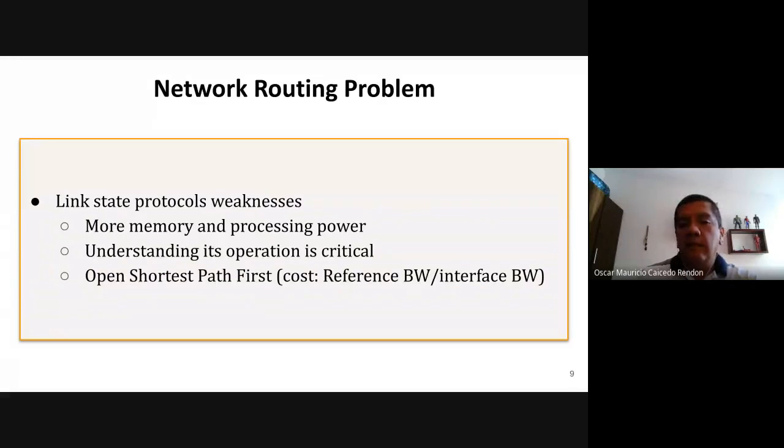What are the most important weaknesses related to the link state protocols? As we need to store information about this map that every node builds, as we need to construct the routes to all the other routers in the autonomous system, we need more memory, more processing power, and on the other side, we need to understand its operation in a deeper way. Basically, it's so important, for example, when we need to define the use of Open Shortest Path First,